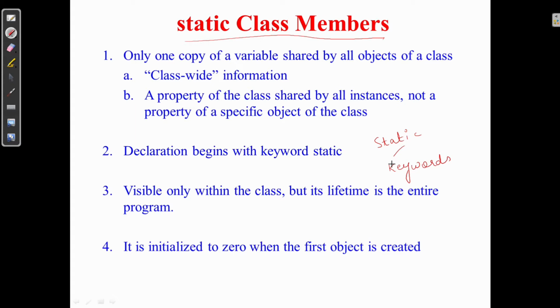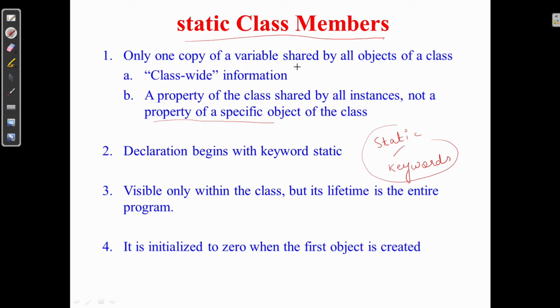So we will use static class members for a specific property of the object which is shared by all the objects. For example, you want to keep a count of how many players there are for a particular game. All players are objects, so you can make the count a static variable. Likewise, for all such properties which should be shared by all the objects, we make the data member static.